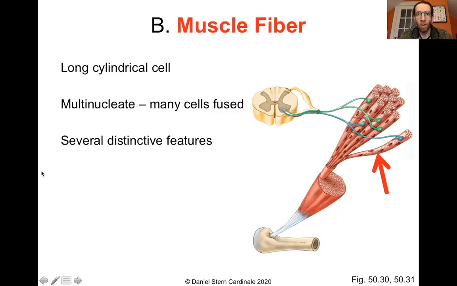The cells of skeletal muscles are called muscle fibers. When you hear the term muscle fiber, that refers to a cell of a skeletal muscle. So in this picture right here, each of these structures, these long cylindrical cells, is a muscle fiber, a single cell. Muscle fibers are multinucleate. They form when you have many cells arranged in a row and those cells fuse together. They each retain their nuclei though, so you have one long cylindrical cell that has many nuclei.